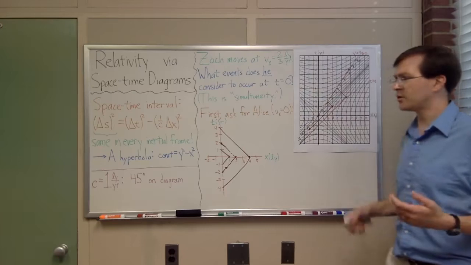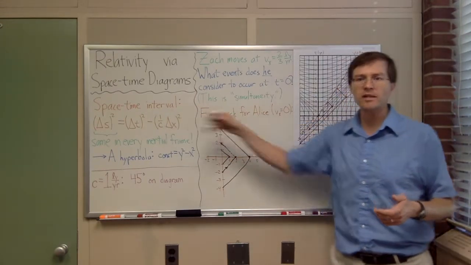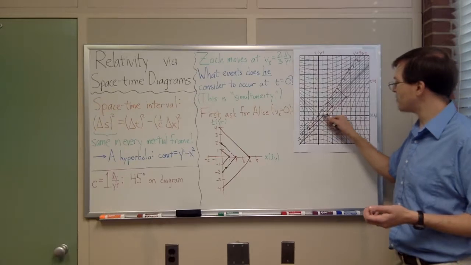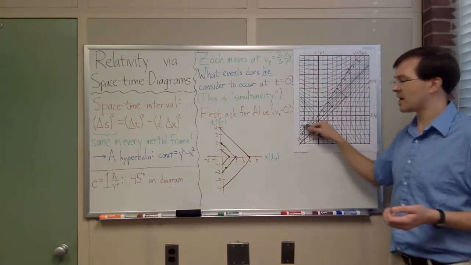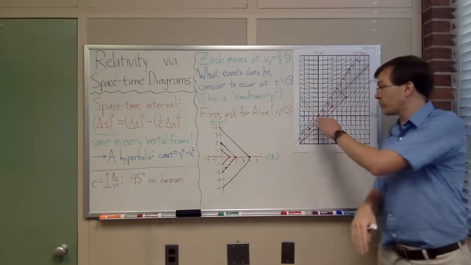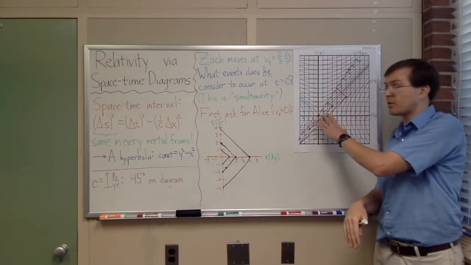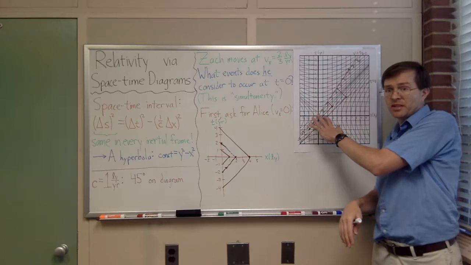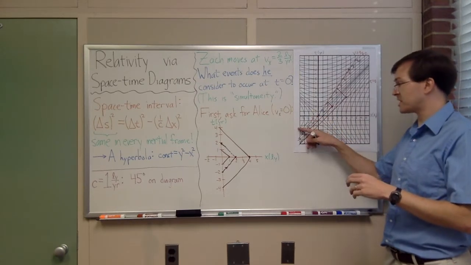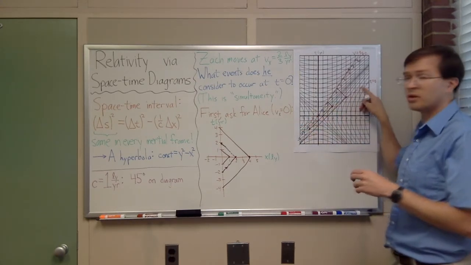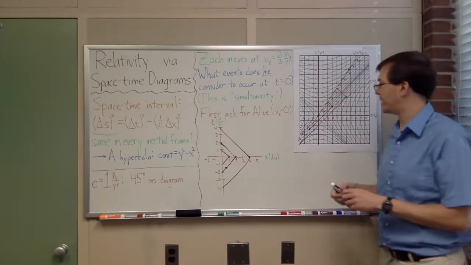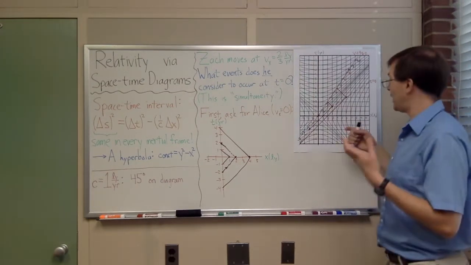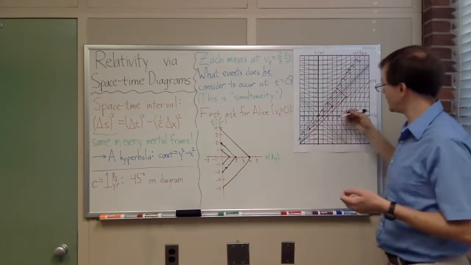It turns out you can argue it to yourself using the space-time interval equation, but everywhere that this time equals 0 time slice crosses a hyperbola, this only works for lines that go through the origin. Remember, these hyperbolas are drawn with the origin being the central point. Since this time equals 0 time slice goes through the origin, we can use the hyperbolas to calibrate it. Every time it crosses a hyperbola, that's going to be another step along, another light